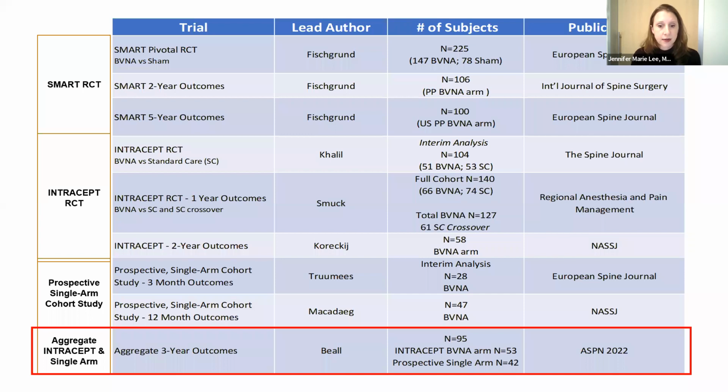And then the last trial that we see here on the screen at the bottom is the prospective single-arm cohort study. So this is, of course, not level 1 evidence as an RCT is. However, the tiering of those levels of evidence doesn't always have the same sort of tiering in the way they relate to our personal practices. In fact, some real world studies that look at less stringent inclusion and exclusion criteria sometimes represent my patient population better than the pristine RCT patient selection and controlled studies. And so it's valuable to see a cohort study as well,